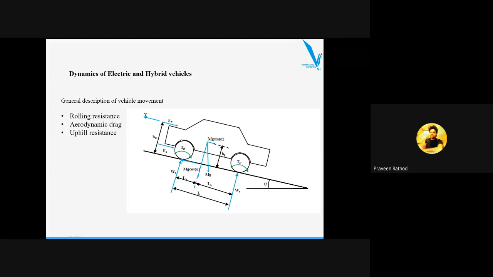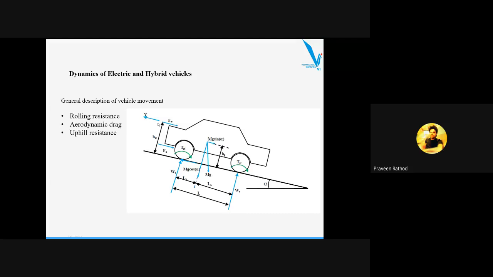Okay, one is FT. So over here you can see the forces acting here, TRF and TRR. These are called rolling resistance. The first force which is acting on the vehicle we can call FW. FW is called the aerodynamic force, which is acting on the vehicle when the vehicle is accelerating in the upward direction. Okay, so